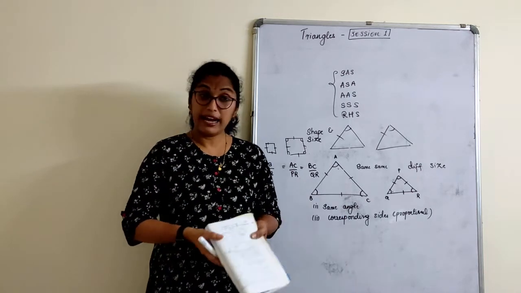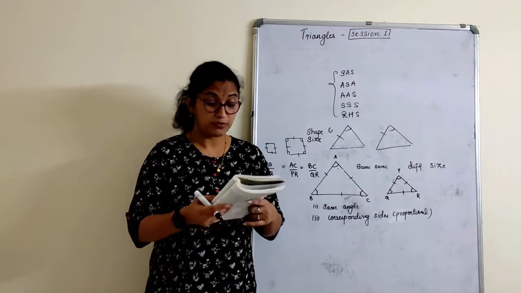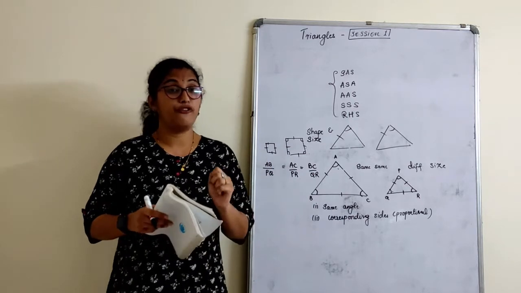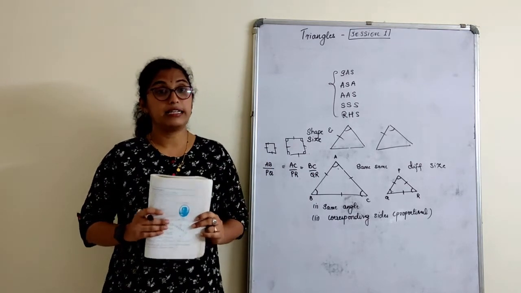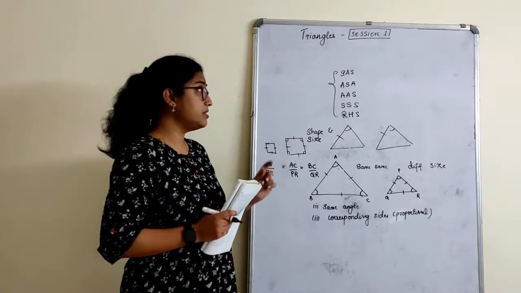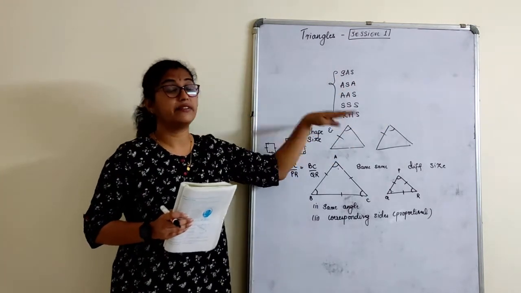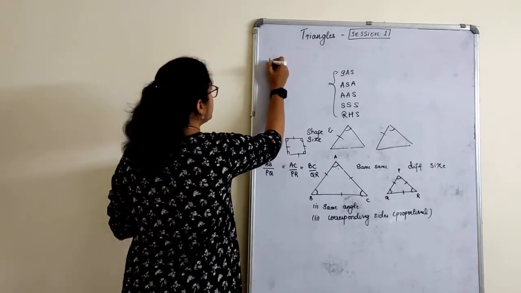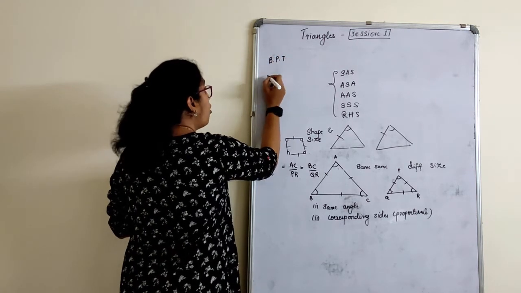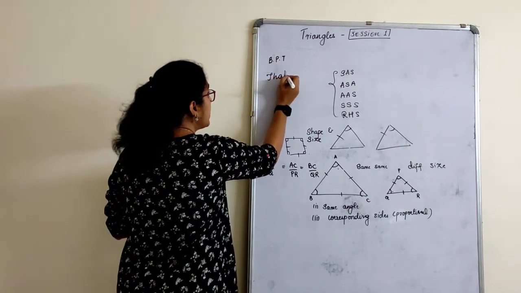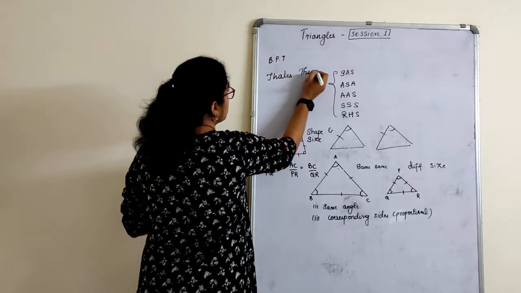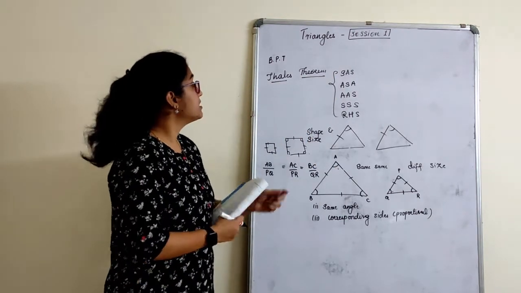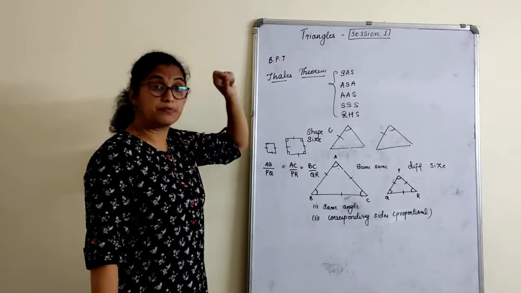That's all. So with that we complete this exercise, right? But not today's session. Today's session we will complete by proving a very important theorem which is called the basic proportionality theorem. The whole similarity of triangles, what we discussed, deals with basis on that. So basic proportionality theorem, in short we also read it as BPT, or it is also called Thales theorem, because it was Thales who had derived this theorem. So it is basic proportionality theorem, very important.